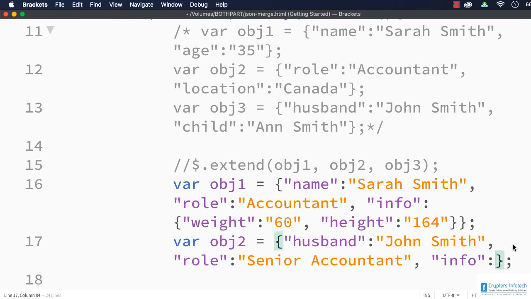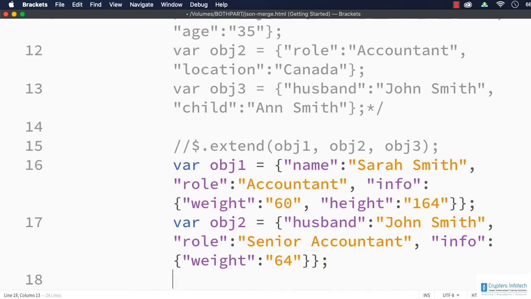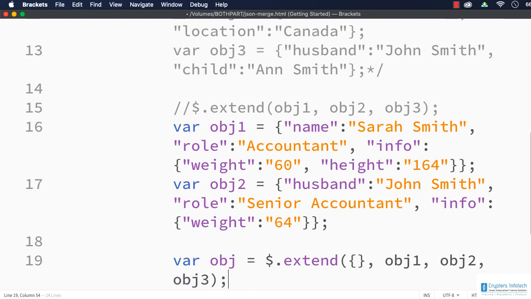So in curly braces, I am specifying the weight to be, say, instead of 60, it has been increased to 64. So what happened here? In obj1, we have name Sarah Smith, role accountant, info with weight and height. And in obj2, I have specified husband John Smith, role to be senior accountant, and info to be only weight. That is a modified weight.